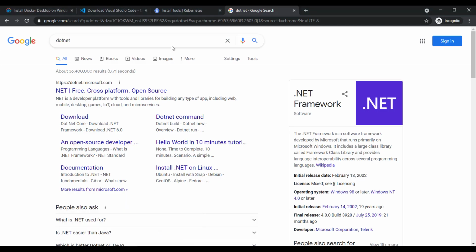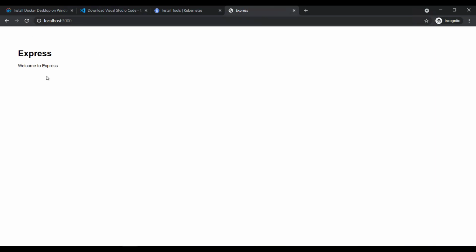So let's go ahead and test the application. If I use localhost and then the port, you can see that we have the application up and running locally, and this application is running from my local container. So part 1 is completed. Now we have successfully built the image and run it in our local container.